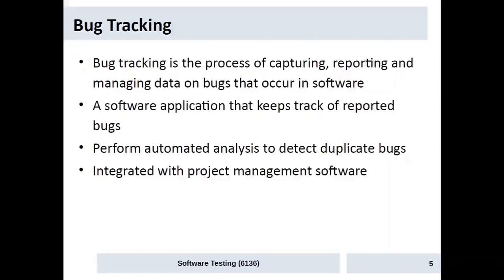The major component of a bug tracking system is a database that records the details of all the known bugs. It also captures the time at which the bug was reported, its severity, its erroneous behavior, and the details of how to reproduce the bug. It also captures the details of the person who reported the bug, and later the details of the programmer who may be working on fixing that bug.